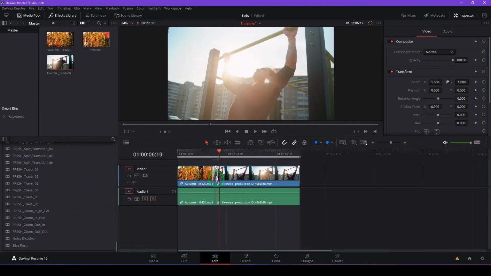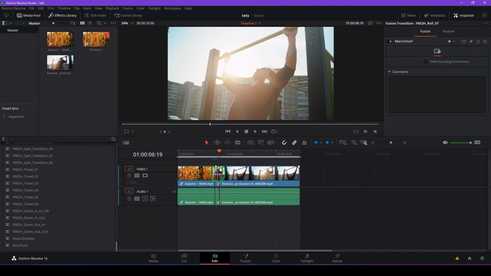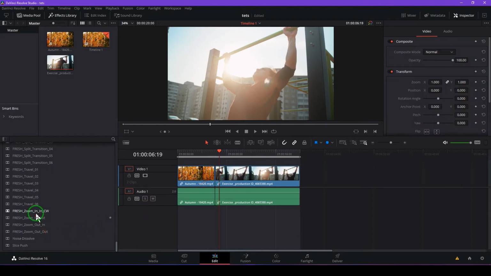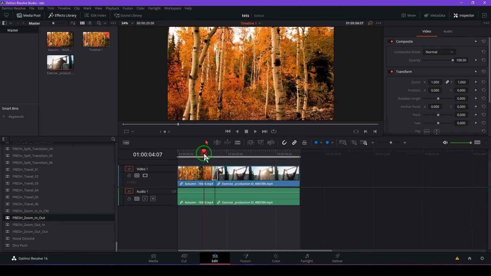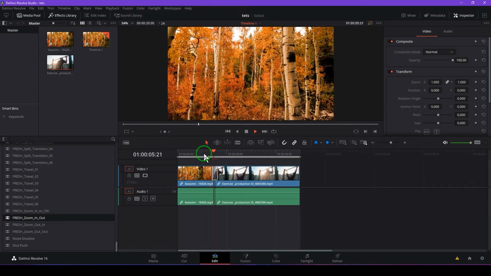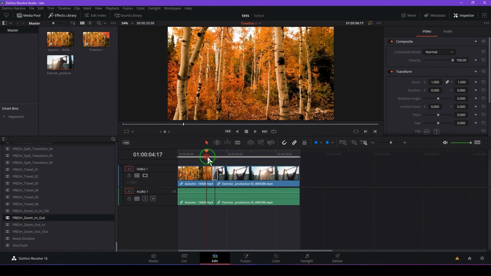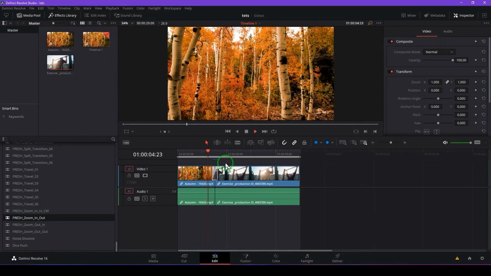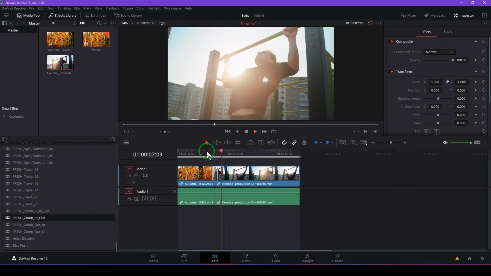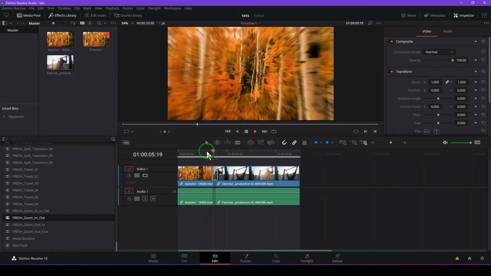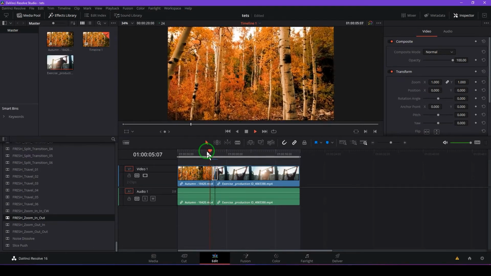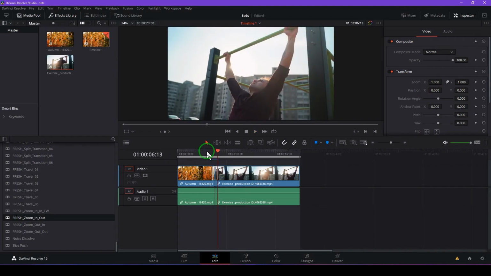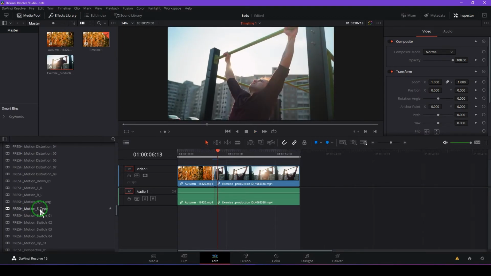There is one more, let me show you this quickly. The last one, zoom out or zoom in and out. If I play it, alright, let's wait to render it. Once it is rendered, we can have the preview. Alright, so now let's play it. Boom. So these are very amazing seamless transitions.